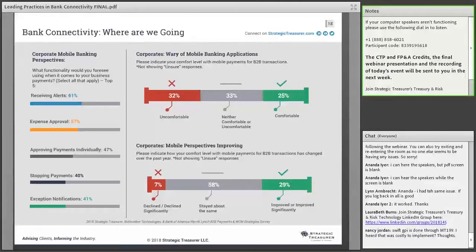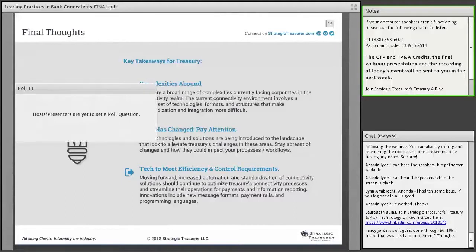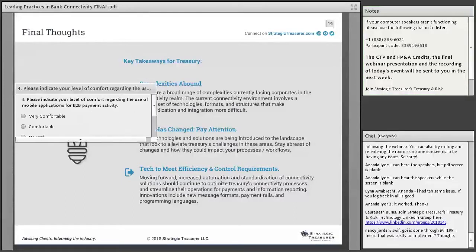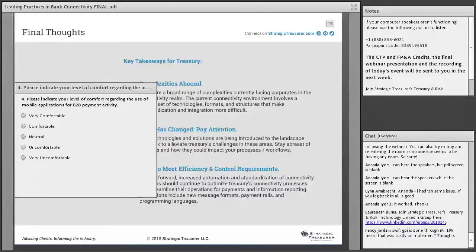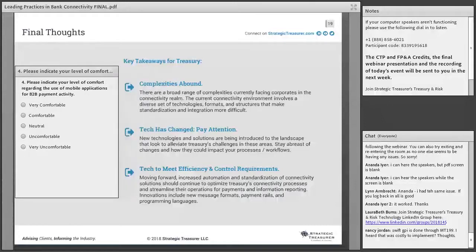Excellent, Isaac. And as we move to the summary screen, we're going to pull up the last polling question. Maybe we can stick it over the light bulb there. So I'll summarize those items as we ask. So what's your level of comfort regarding the use of mobile apps for B2B payment activity? If you go ahead and answer those, and then while you're doing that, I'll talk through some of the key